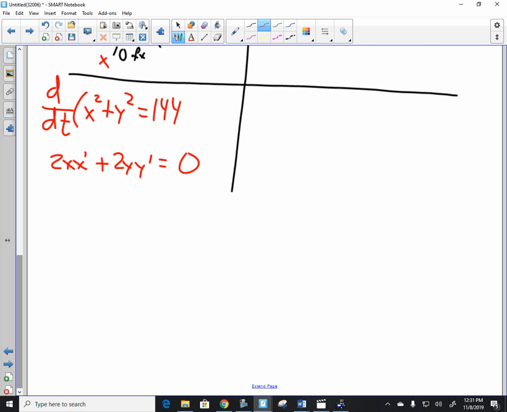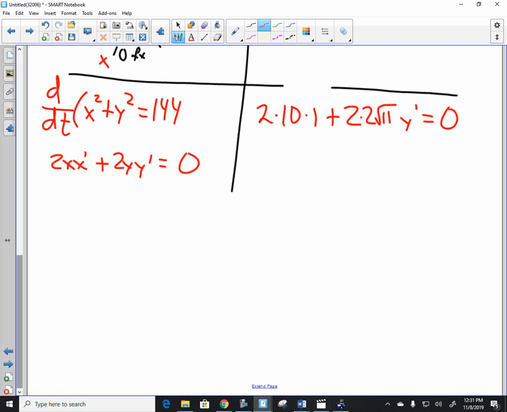It is. So I get 2 times x is 10. Sorry. 10 times 1 plus 2 times 2 roots of 11 times y prime is equal to